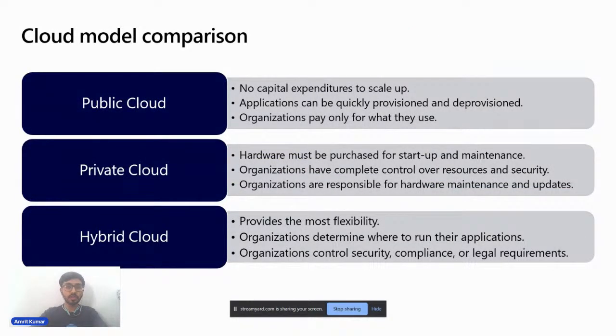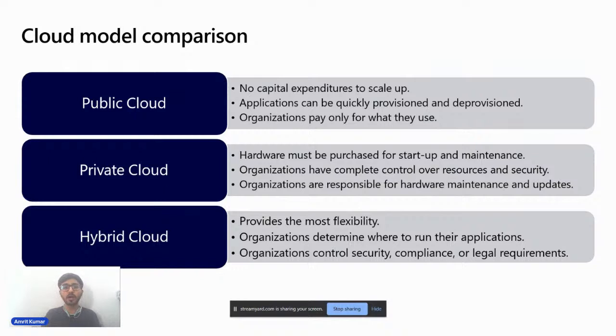So what are the cloud model comparisons? First of all, we have the public cloud, where there are no capital expenditures to scale up, and applications can be quickly provisioned and deprovisioned. Organizations pay only for what they use. Especially in Azure, we have this pay-as-you-go model, where your costing is calculated upon the resources you have used and how much you have used.